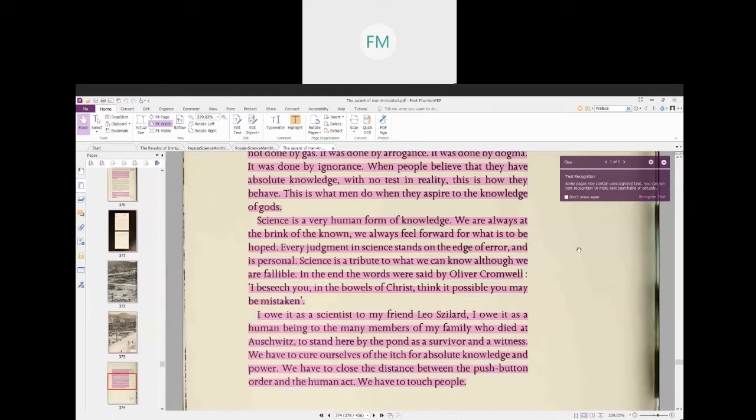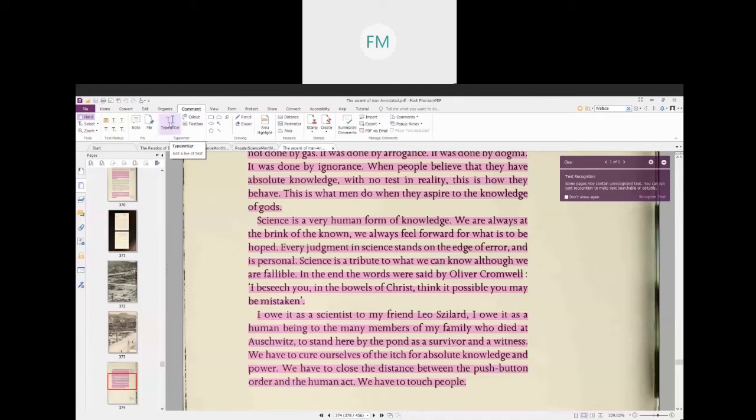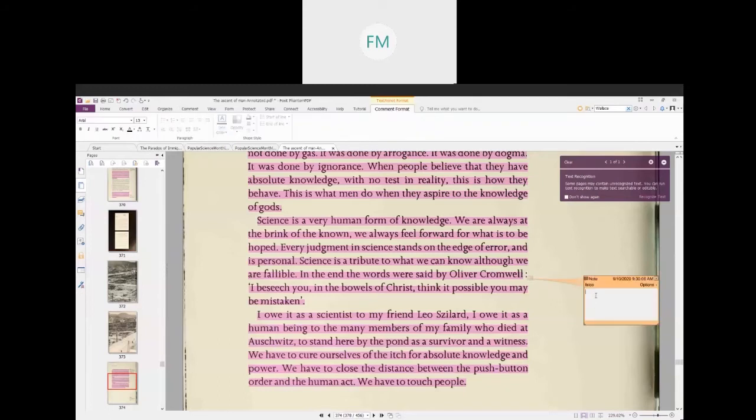I love to be able to use notes wherever they're important. So, for example, under comments, I have the ability to either type directly on the PDF, which I've done, or I have the ability to insert a note directly into the text. So, for example, he mentions Oliver Cromwell. I can make myself a note